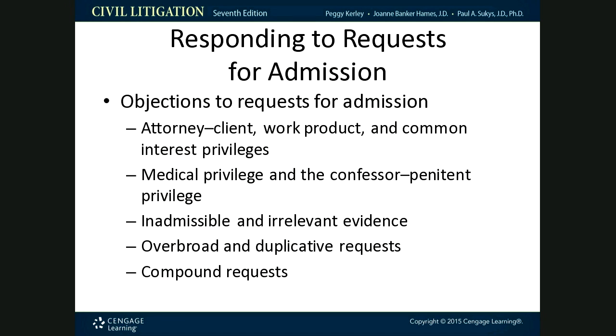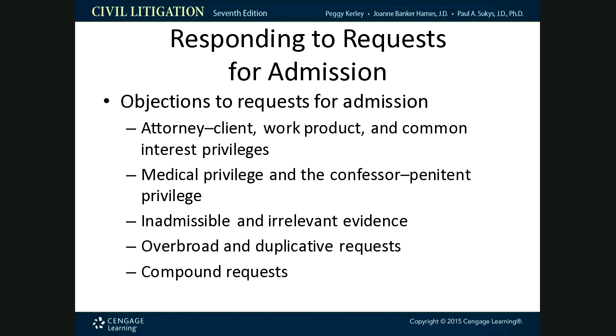Okay, so these are some of the objections, and there it is. You can see the attorney-client. They said medical privilege, inadmissible and irrelevant. That is not an objection. In Texas courts, you cannot object that something is inadmissible or that it's irrelevant. The court is going to turn around and order you to respond, or else they're going to deem it admitted, because you don't make that determination. The judge decides what's relevant and the judge decides what's inadmissible. Now, you can make the objection, said, plaintiff objects to this admission as being irrelevant and inadmissible.